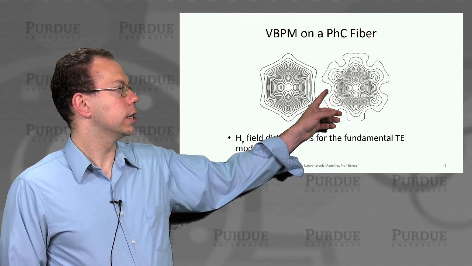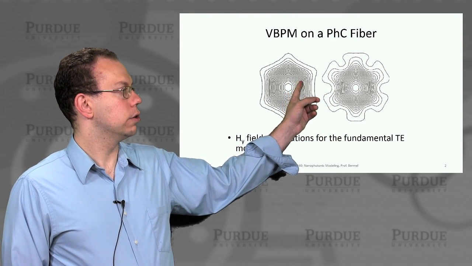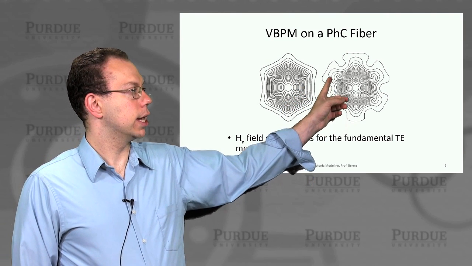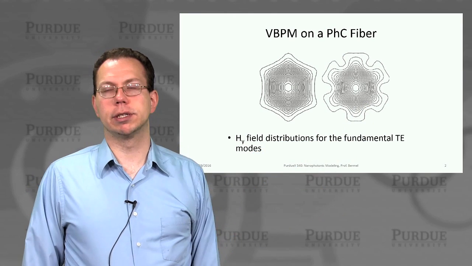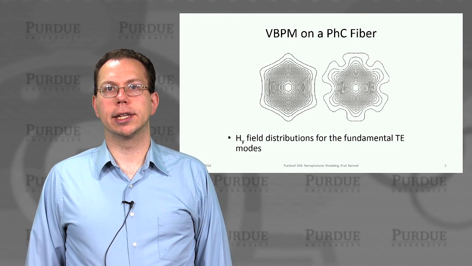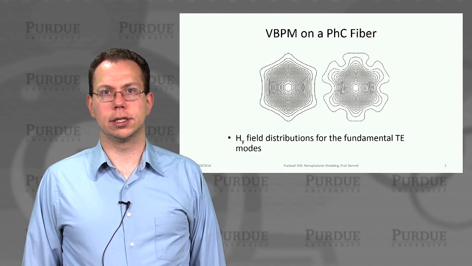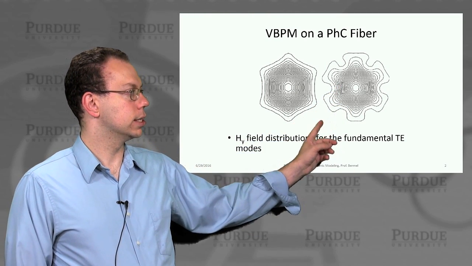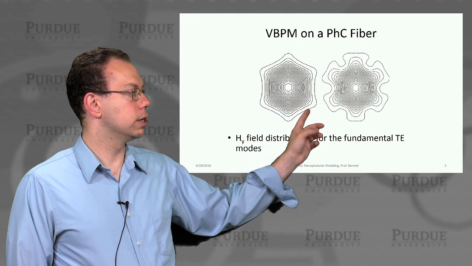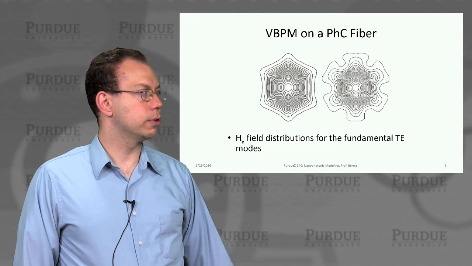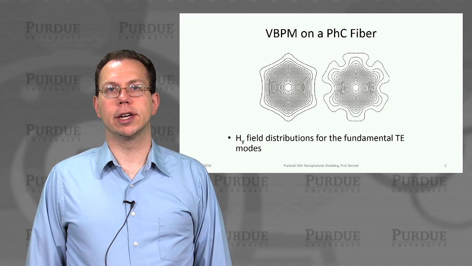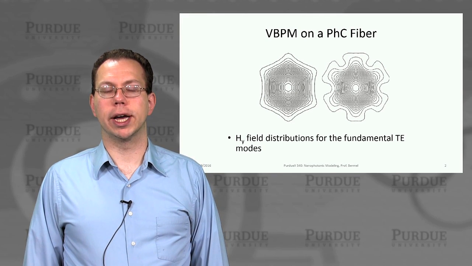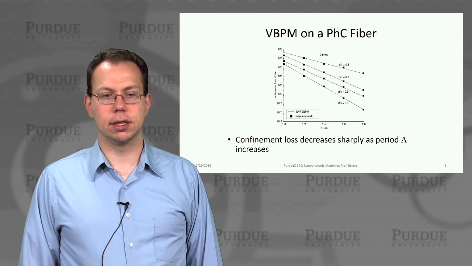And so you can see here that there's essentially this lowest order mode, which is kind of a circular shape. And then there's one with kind of this frilly pattern, which basically reflects a different azimuthal quantum number. And so in this case, this would be called m equals 3 mode. And then sometimes this would be called m equals 0 mode. And so this is just two examples of some of the fundamental transverse electric modes that are available as depicted by the HY component. So that's in the plane.